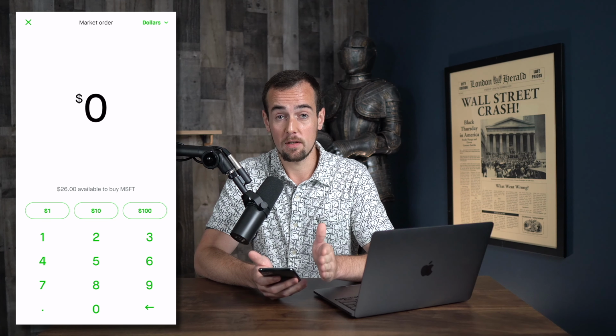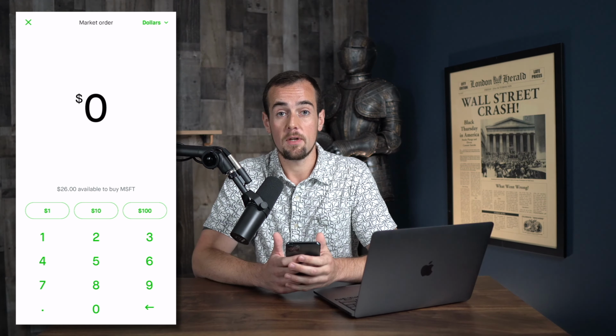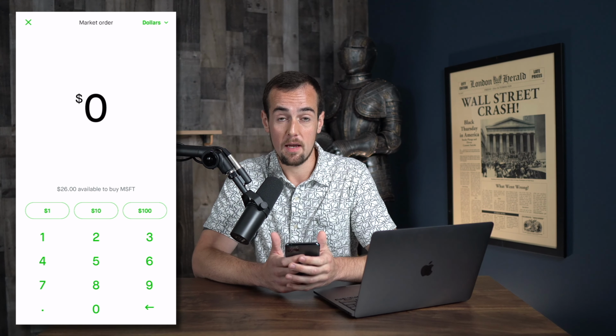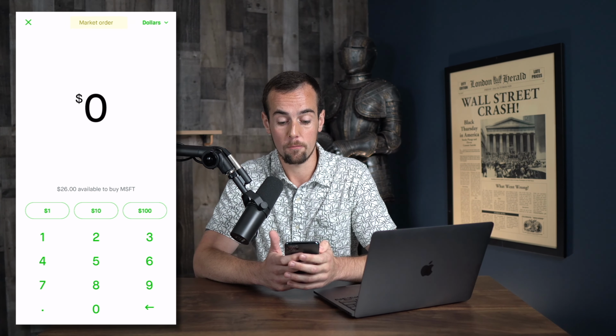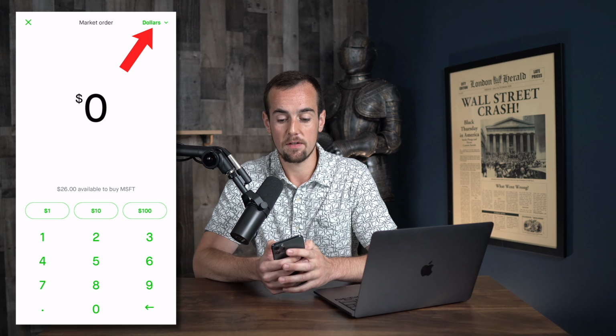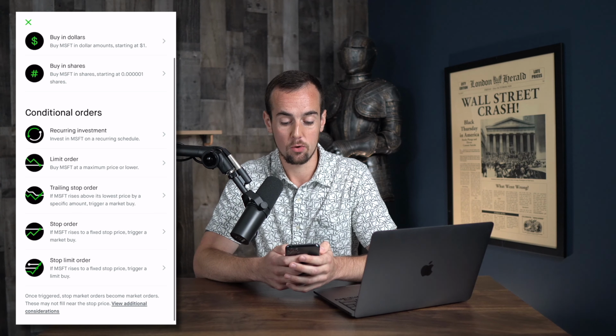But before I actually invest, I want to show you the different order types available through Robinhood. Each one of these order types works differently, and this impacts the buying and selling of stocks. By default, as you can see at the top, it's a market order, but if you want to change this, you'll click in the top right where it shows dollars, and you can see the different types of conditional orders